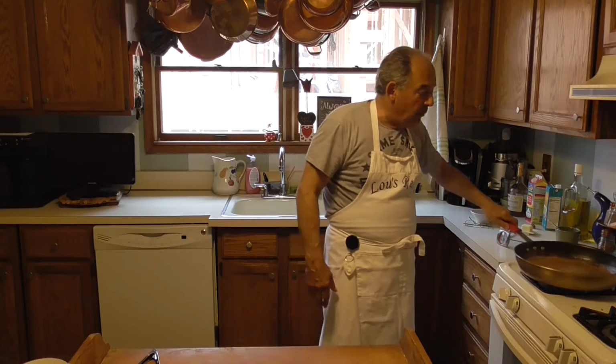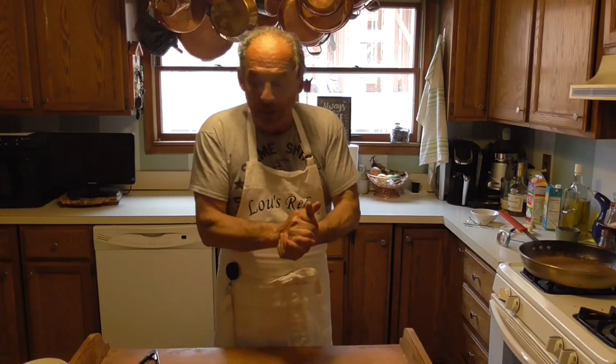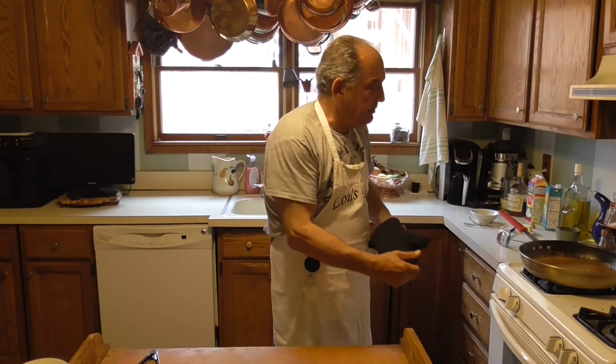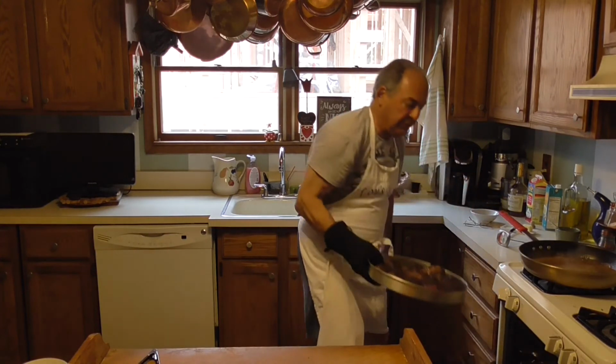The meat is only at 120. I can put it in the sauce and bring it up to temp in the sauce. It's whatever it is you want to do. Actually, I may do that. It's just going to absorb sauce anyway, so it doesn't really matter. It's going to be eaten. So what I'm going to do,